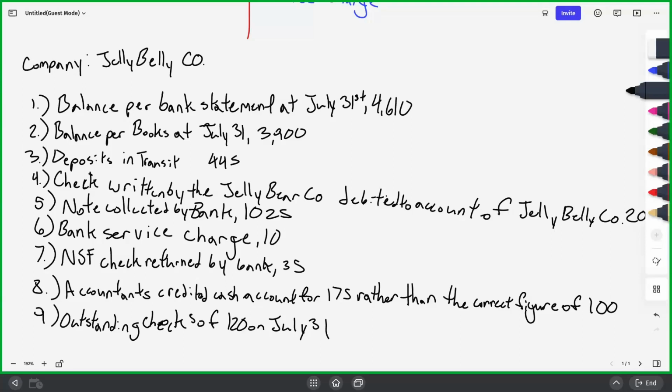What's the number 1 rule after you finish up everything, to know that you did it right? You have to be equal. They have to be equal. That's why I love bank reconciliations, because you always know if you got it on the test. So if the bank knows about it, we have to let the book know. That means you have to write that with the book then? Yes. So if the bank knows, you put it on the book. If the book knows, you put it on the bank. If no one knows, that means it's a bank issue.